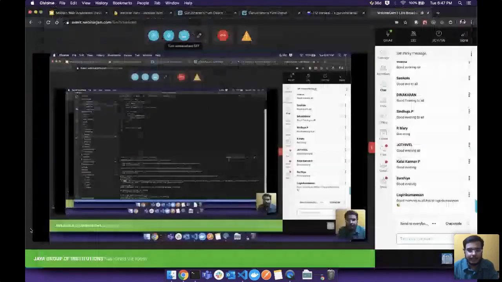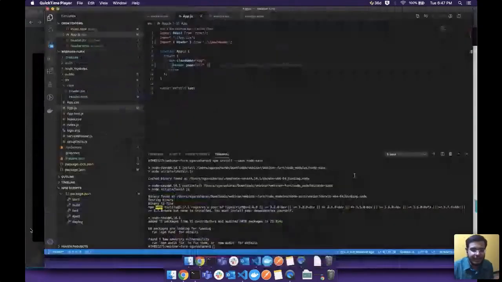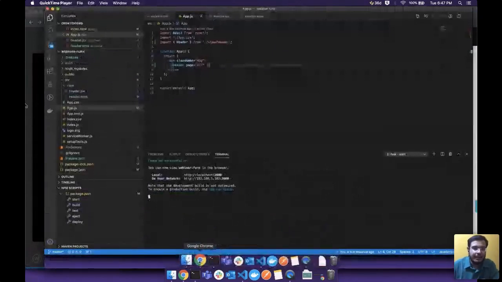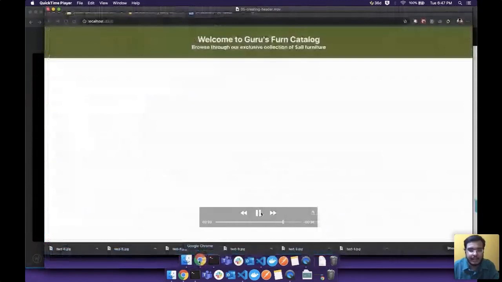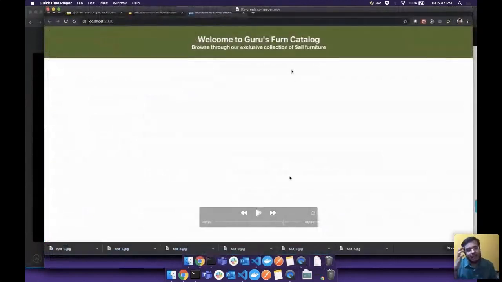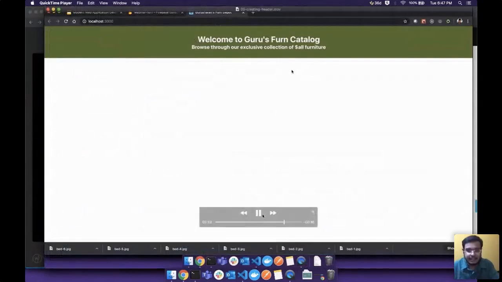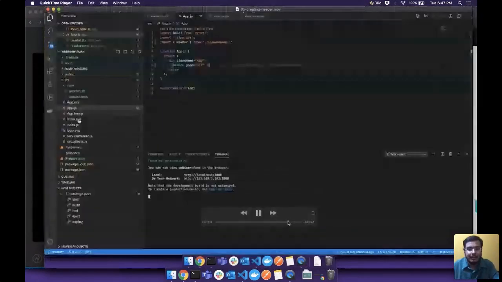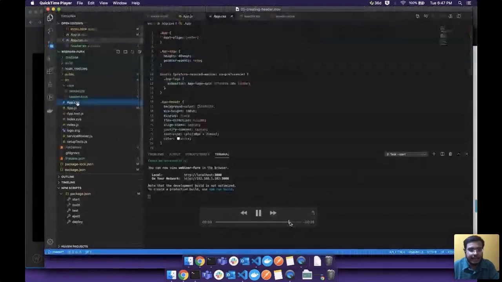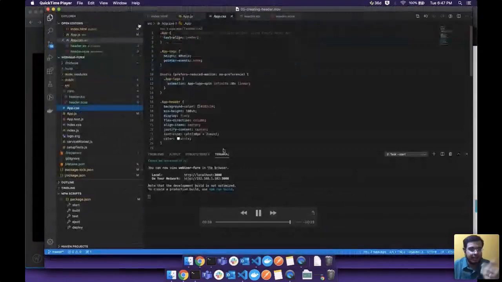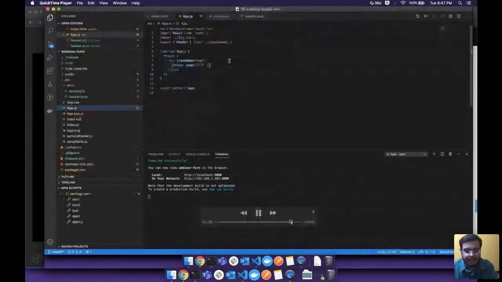So I'm just checking, I saw some notification back. All right. Now, the moment I saved it, it will auto-compile it again because the application is already running. Bingo, we have our header ready. So, real fast, real cool. And we have all the styles applied. Some pre-built styles are already there in app.css like align center, and that is the reason you see the application in center. We have the header ready, right?